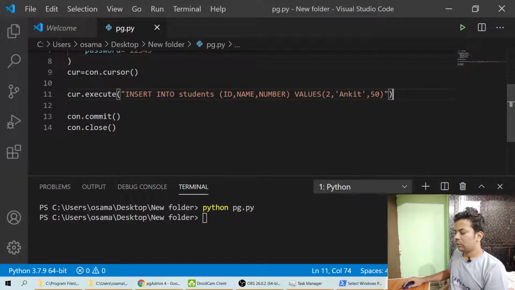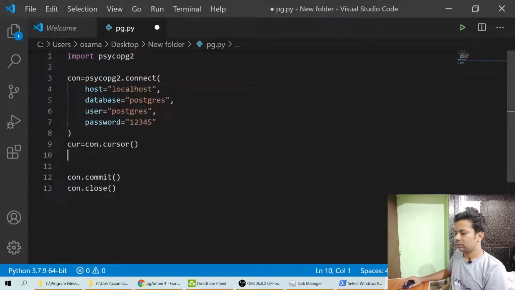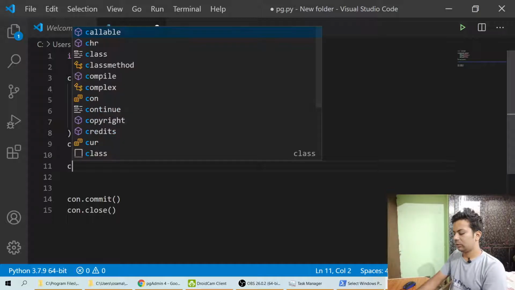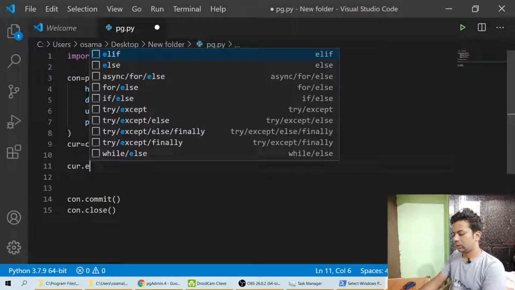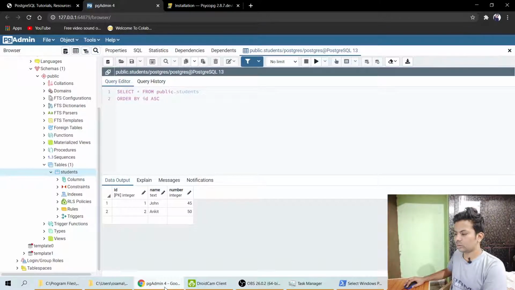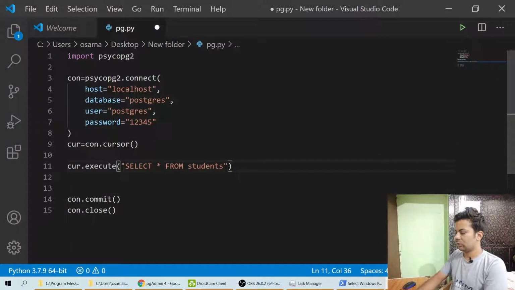So suppose we want to print any value. Let's just delete this part and close this part. We'll do cursor dot execute, we'll say select star, which means select every value from students. Yeah, students.